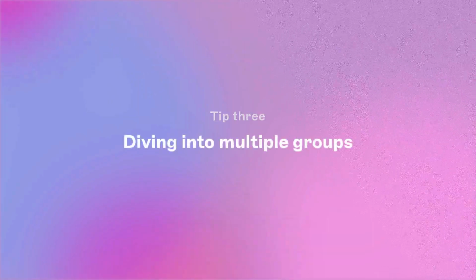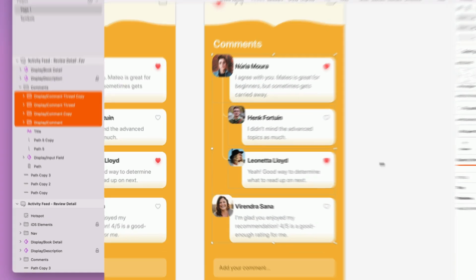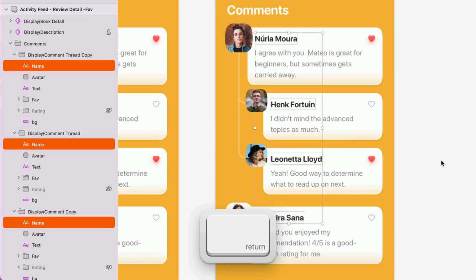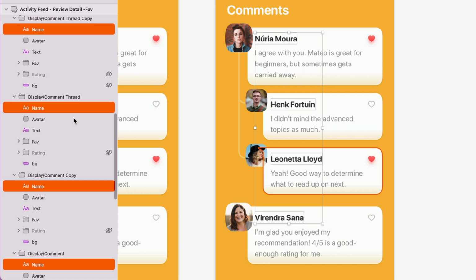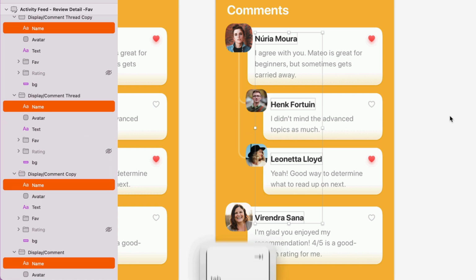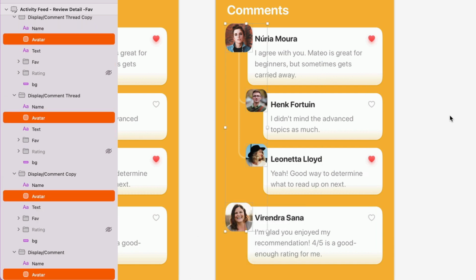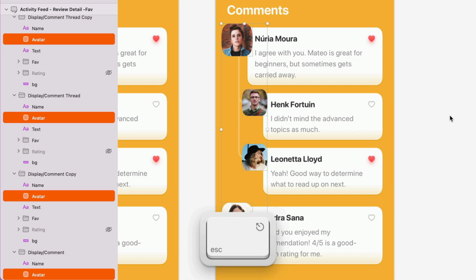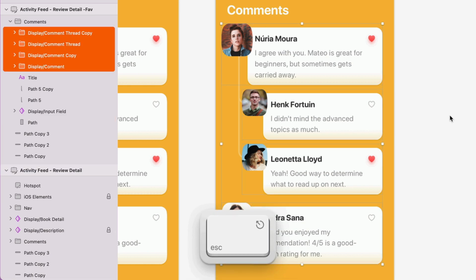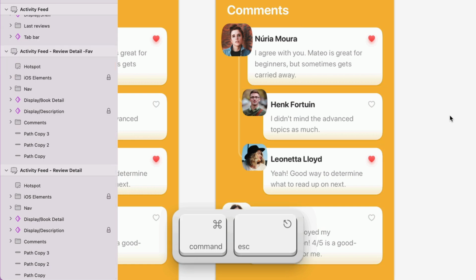Now when you have multiple groups selected, you can hit the return key on the keyboard to not just dive into the first group selected, but to simultaneously dive into all of the groups selected, selecting their first child element. You can also now use the Tab key to navigate in all of the selected groups at the same time so that you can find a layer on the keyboard with Tab or Shift Tab and then manipulate those layers without ever having to hunt and peck with the mouse. And as always, you can use the Escape key to go up a level in addition to the Return key to go down a level. But now, if you want to deselect all, rather than tapping the Escape key over and over again, you can now press Command Escape to immediately deselect all.